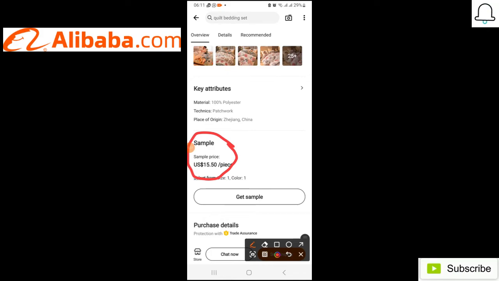If you get the sample, it gets to you within 14 days or less. Then after that, you get to see that this product is good and the supply is okay. Then that's when you buy hundreds of the items, because it's not wise to buy 1,000 items without first getting the sample,